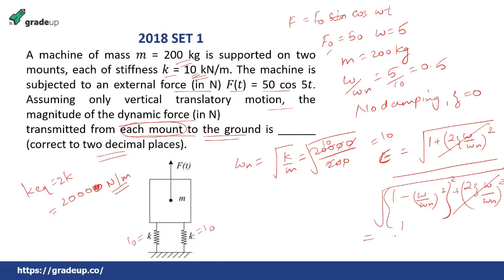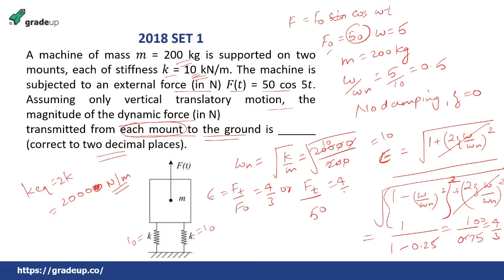So this will be 1 over 1 minus omega by omega n is 0.5, square is 0.25, and this root gets cancelled. This becomes 1 upon 0.75, this becomes 4 by 3. And the transmissibility is equal to Ft by F0, which is equal to 4 by 3, where Ft is the force transmitted and F0 the force generated, which is 50. So 50 times 4 by 3, we get the transmitted force equal to 200 by 3, which is equal to